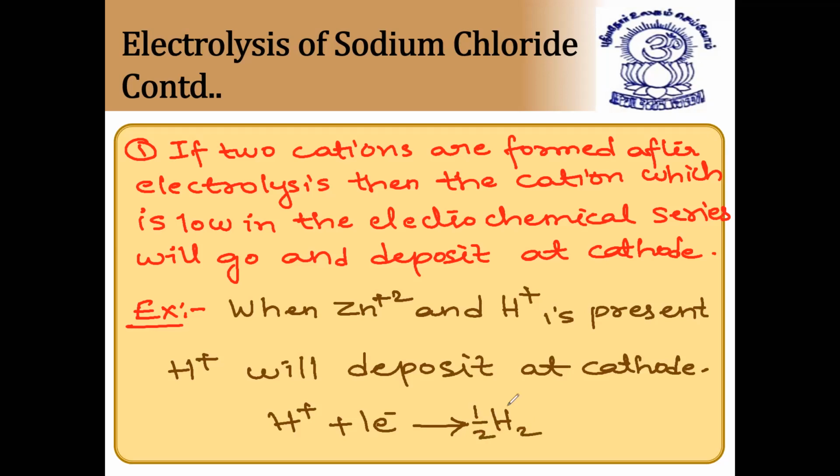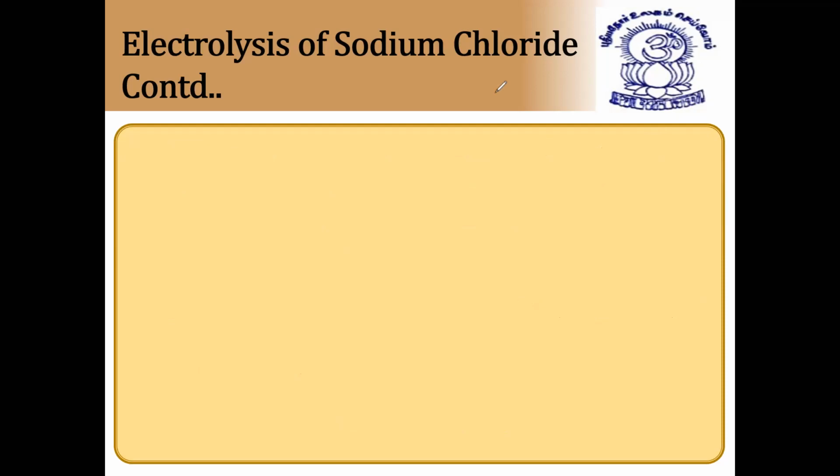So if they are given the values, by seeing the values you can compare, like how I explained previously, that is EMF of cell. But if they are not given the electrode potential values of the individual cells, straight away you can use this sentence: if two cations are formed after electrolysis, then the cation which is low in the electrochemical series will go and deposit first at cathode, right? Next, in case of two anions, if two anions are formed,